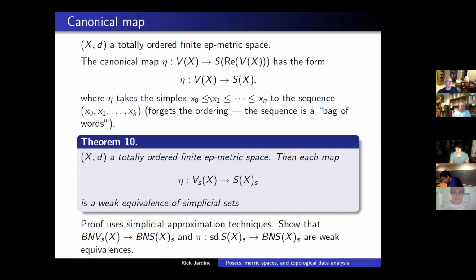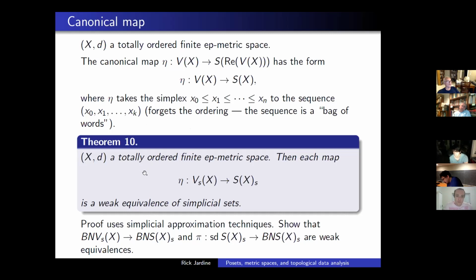It takes a simplex, which is an ordered tuple, to the sequence that you get by just forgetting the orderings, okay? Because on the right-hand side, you're just talking about maps from these UNs of S's to X, and you're just picking up sequences of elements in X, you know, distance less than or equal to S. All right, so you take an ordered sequence and forget about the ordering. Now this sequence of elements is sometimes called a bag of words because you see things like that come up in the context of studies of language structure with topological data analysis. That's where it came from. Okay, so you're forgetting the ordering,